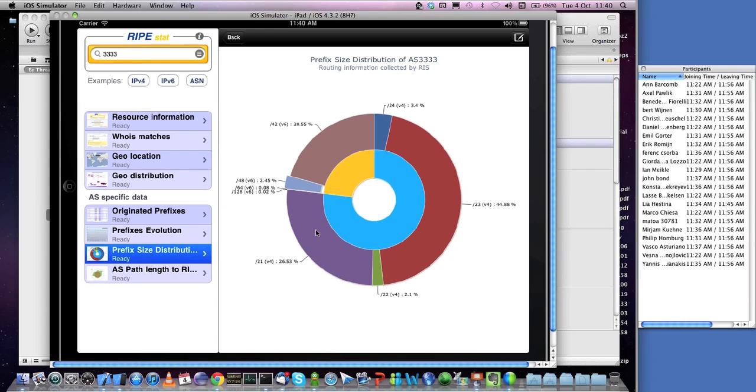Very well. Prefix distribution is essentially a donut chart. That means that we have two donuts, an inner one and an outer one. The inner one expresses the ratio or portion of the number of announced prefixes between IPv4 and IPv6, IPv4 in blue, and IPv6 in yellow. And the outer donut is instead showing the composition of the v4 and the v6 space in terms of, for example, how many /24s, how many /23s, and so on and so forth.